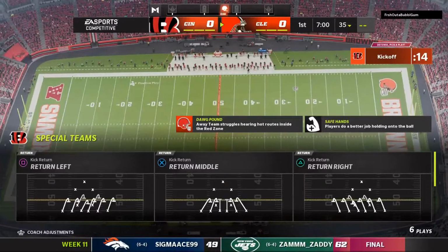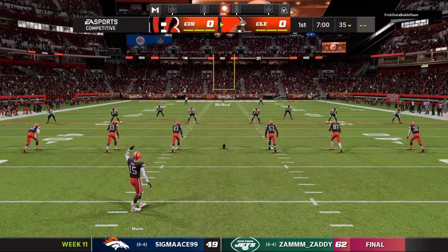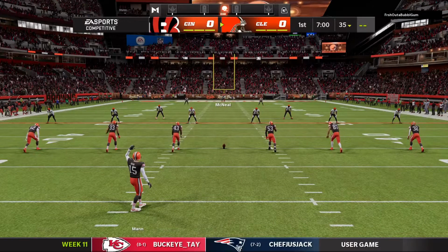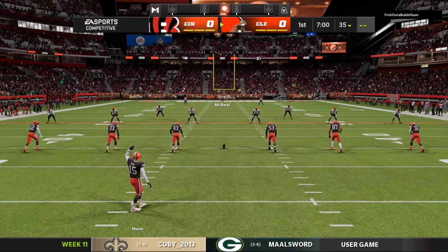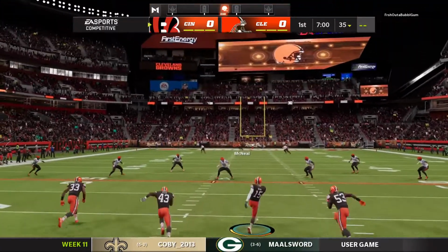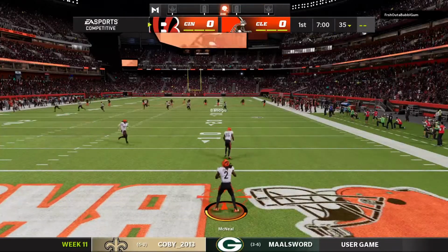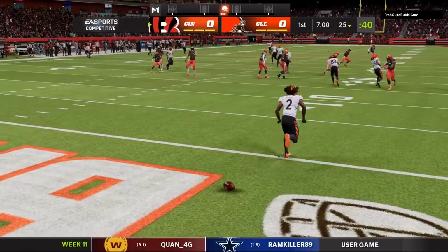Their hometown guys, and we got evidence of that a moment ago as the Browns made their entrance. They are ready to do battle with the Cincinnati Bengals. The NFL season has hit high gear, and off we go in Week 11 on EA Sports. And no run back on the...